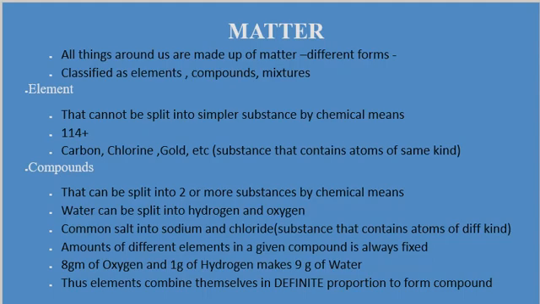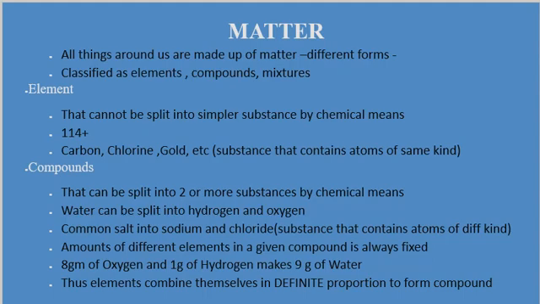Now there are lots of substances that we get from nature, from the rocks, from the soil, from the air, from the water. So these are different materials that we get, and these have specific properties or specific characteristics. Now, an element is something that cannot be split into a simpler substance. A substance that cannot be further split into a simpler substance is called an element. For example, hydrogen is an element, carbon is an element, copper is an element, which cannot be split into simpler substances. There are 114 plus elements that we know as of today.